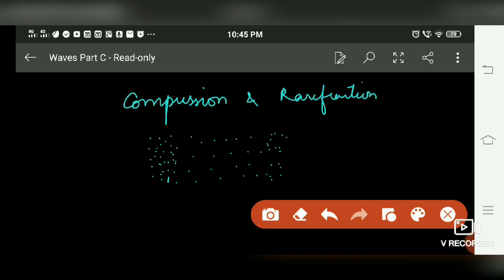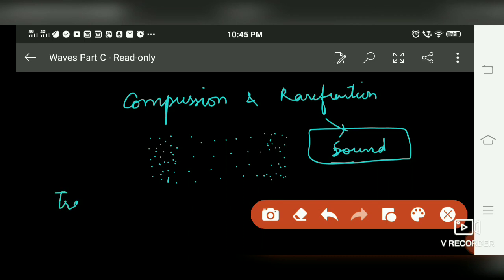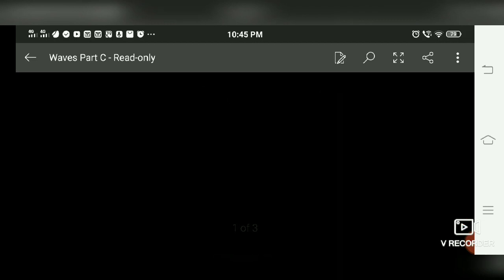Sound wave is the best example of a longitudinal wave, which you will also study in class 9th. And for the transverse wave, the example is light. So this was about the longitudinal and the